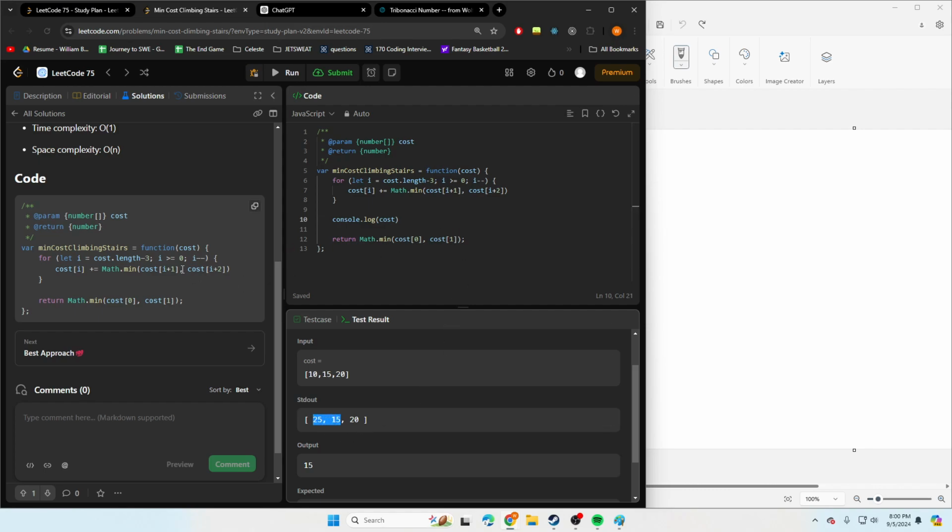So it's saying from the n, cost length minus 3. Cost length is 3, minus 3, i equals to what? 0. So if it's from 0,